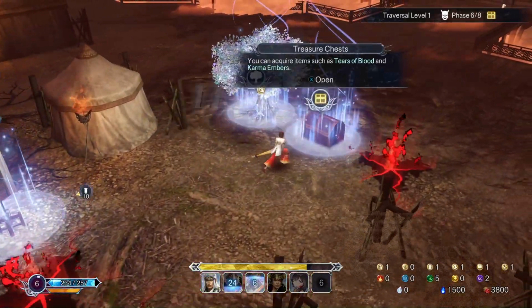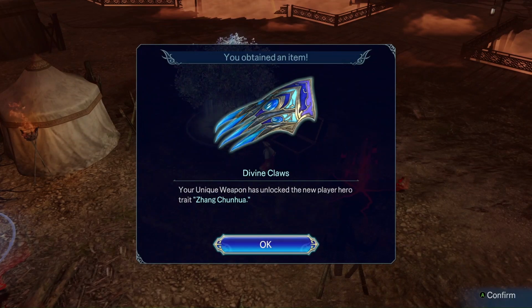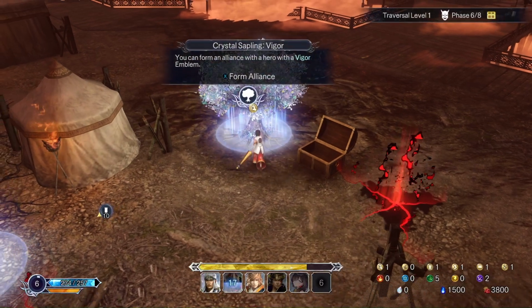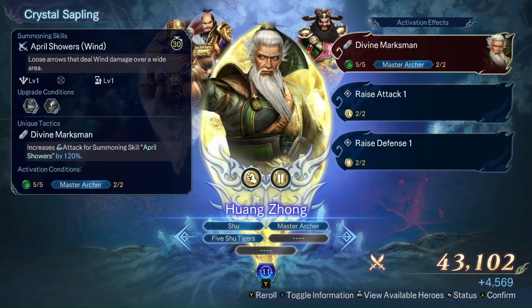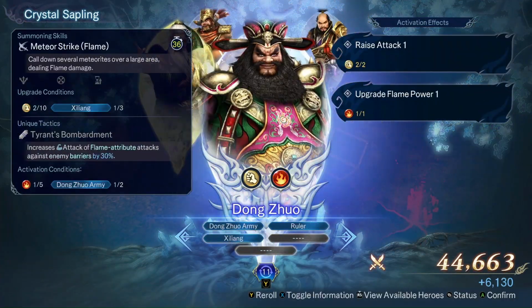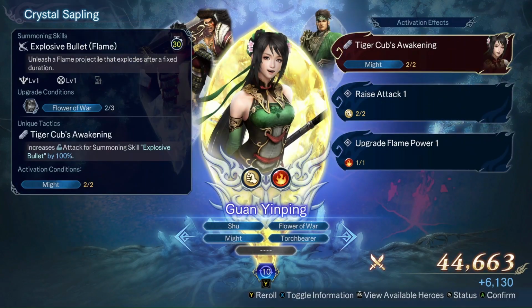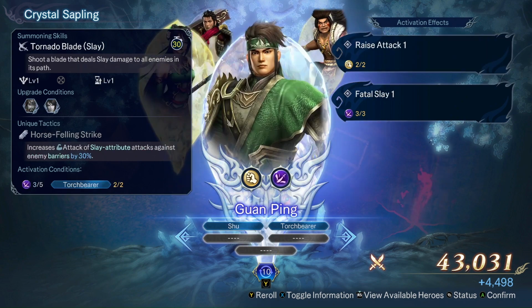So we're seeing a little bit of the issue now. Zhang Chuna's unique weapon, that's interesting. I have not used her in a long time. Usually her claws have threads that shoot out, so that could be really fun. So a slay